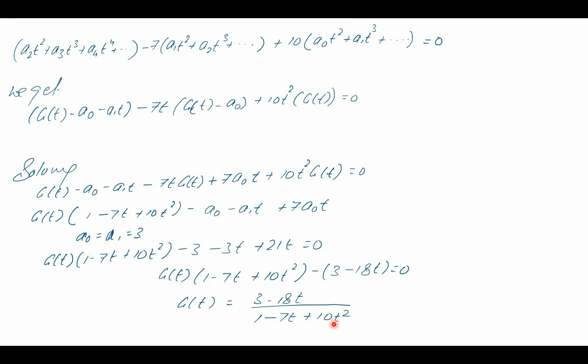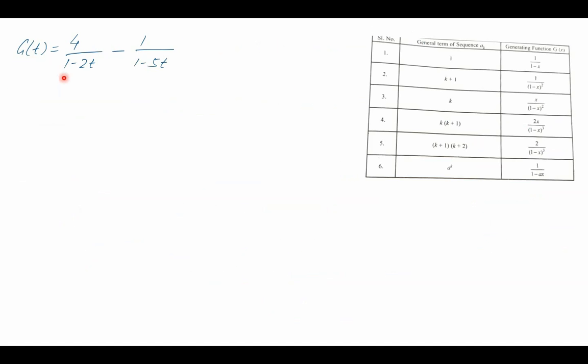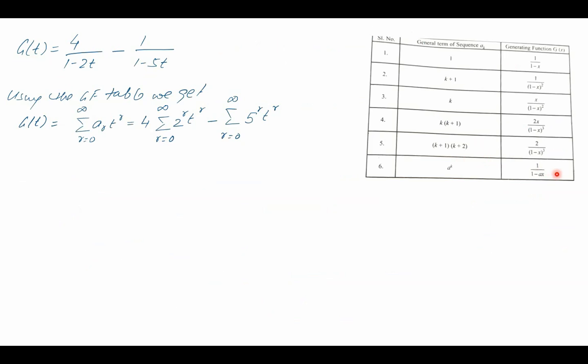Now once again applying the method of partial fractions, this becomes equal to 4 upon (1 - 2t) minus 1 upon (1 - 5t). So g(t) is equal to this expression. Once again doing the same thing, I'll use the table over here. See, 1 - 2t is similar to 1 - ax, and 1 - 5t is once again similar to 1 - ax. So using the table over here, g(t) is equal to 4 into summation of r equals 0